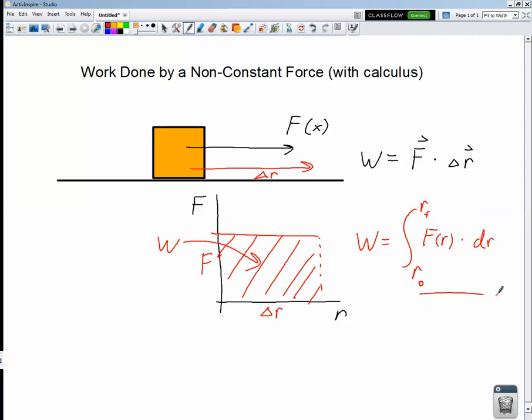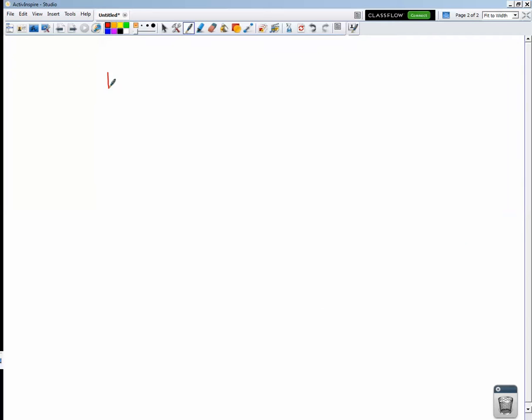So let's take a look first graphically at how this would work. So let's look at a force versus position graph. And this force versus position graph is a nice linear function. So the force is increasing as r increases. So if we want to find the work done from some initial r to some final r, then we see that we have the area of